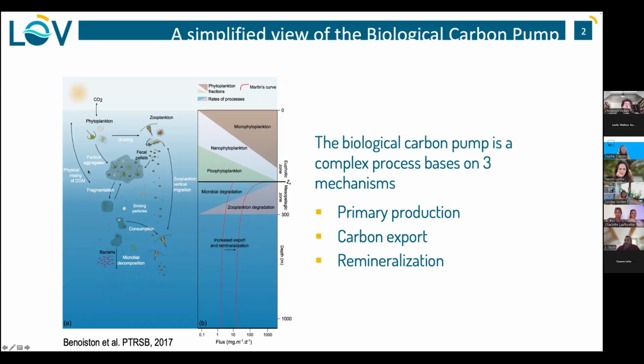Except that for years, like the last 20 years at least, people have been trying to simplify it, to draw it in a way that we can understand it. So this is what you have on the cartoon on the left. So basically you have primary production at the surface that is taking up CO2, that is getting into different interactions in the organisms that are part of the ocean surface. These interactions generate aggregates. These aggregates have different interactions with the plankton community that is around and the microbial processes that drive the formation and degradation of these aggregates, and then they sink to depths where they sequester carbon.